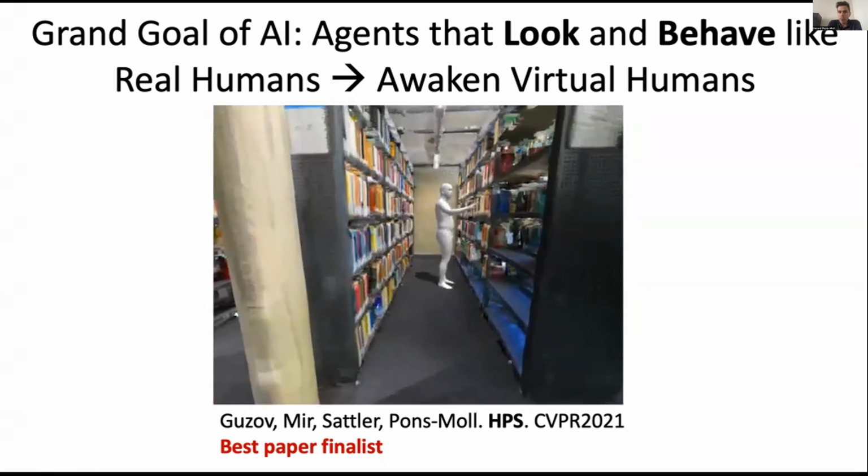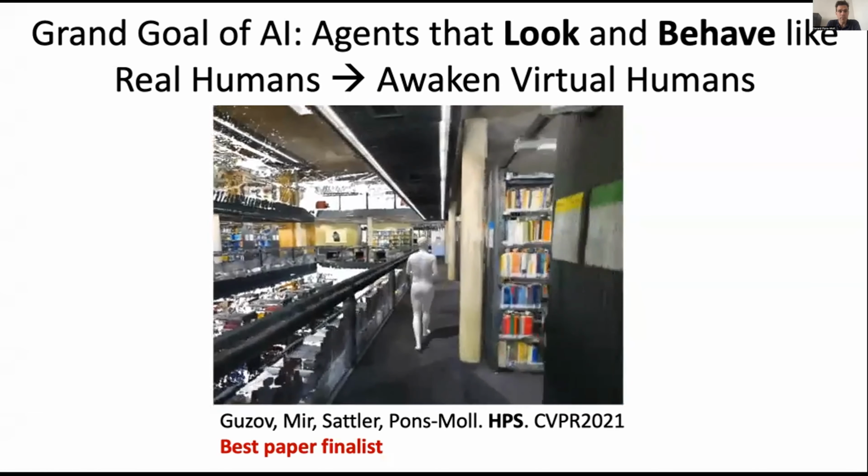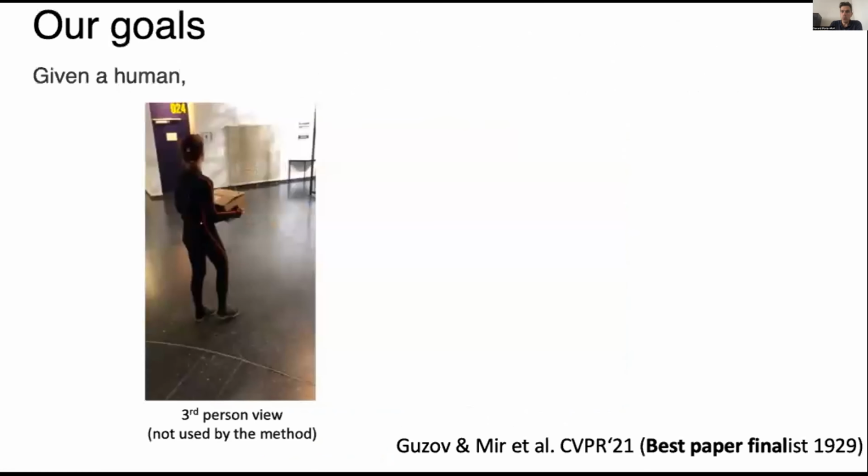As Julian was pointing out, data is key, and for modeling human interaction data is also key. The first step to model this, to be able to synthesize this type of fine-grained interactions, is to be able to capture real humans interacting in the open 3D world. And this was one of the goals of our paper from last year, which we call Human Positioning System, which we presented at CVPR last year.